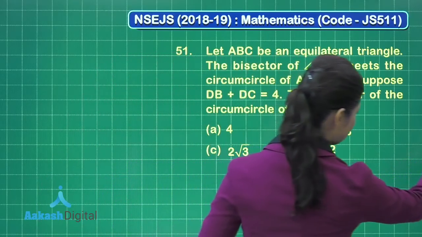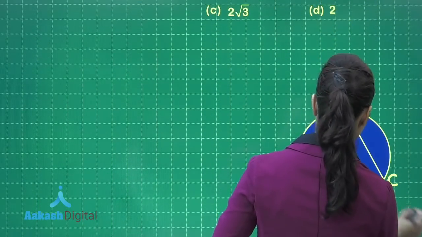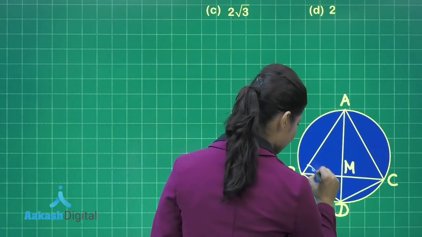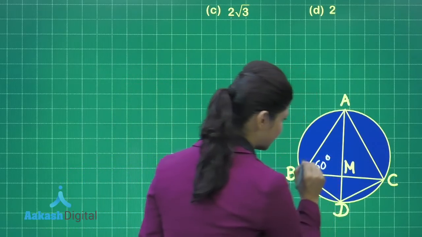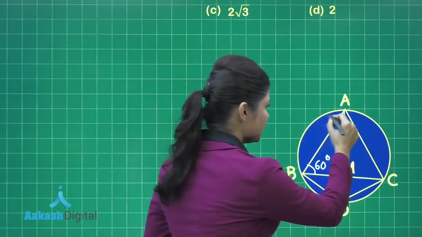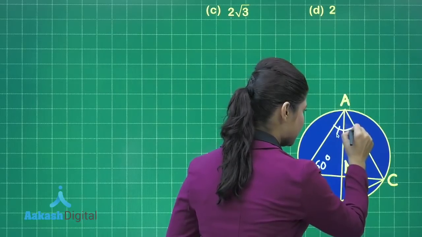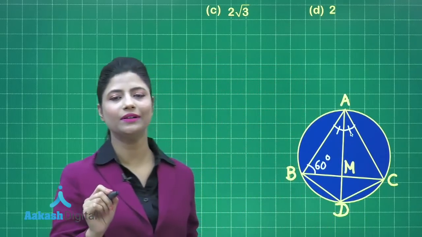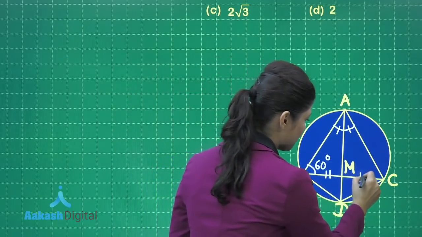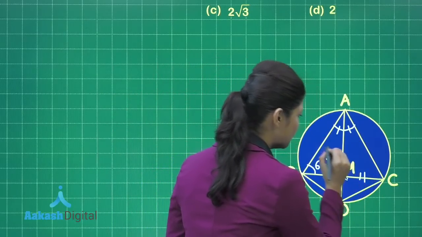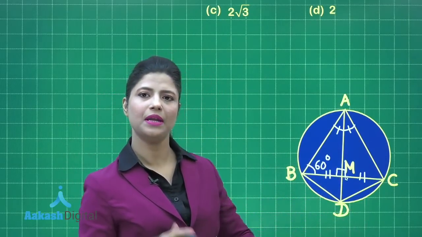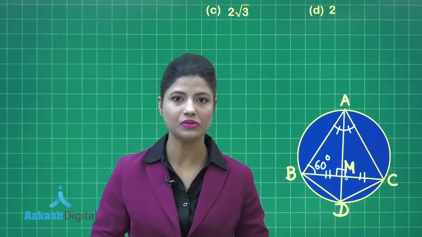So as it is being stated in this question about this triangle ABC, which is an equilateral triangle, we definitely have each and every angle measuring 60 degrees. Next, you can observe that this is the bisector of this angle BAC, and in the equilateral triangle, the bisector also acts as the median. It also acts as the altitude. So here this is also the perpendicular bisector of BC, and we have a theorem related to circle which states